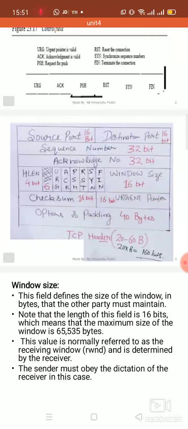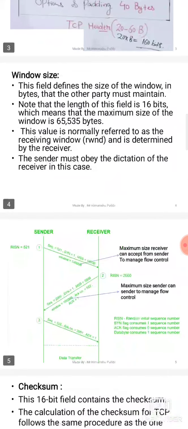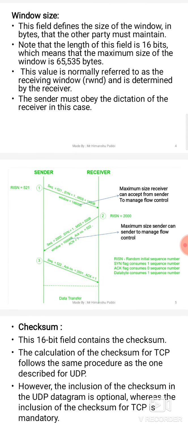The SYN flag works with the sequence number. The sequence number denotes from where to send the data, which byte number to start sending from. It can be from sender and receiver. Both identify from where we have to send the data, the starting byte in the memory.